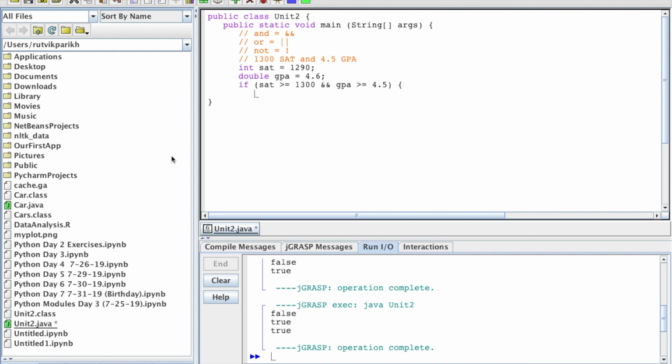Then System.out.print, you are admitted. So you get in that case. And